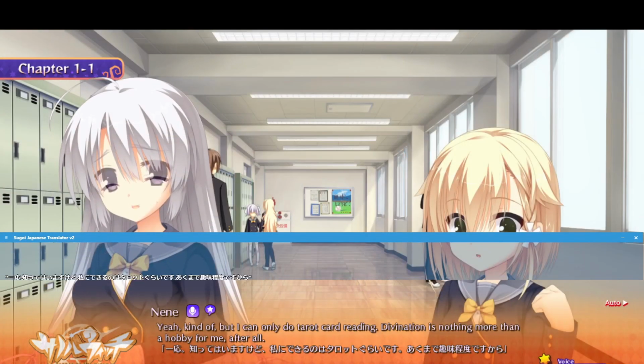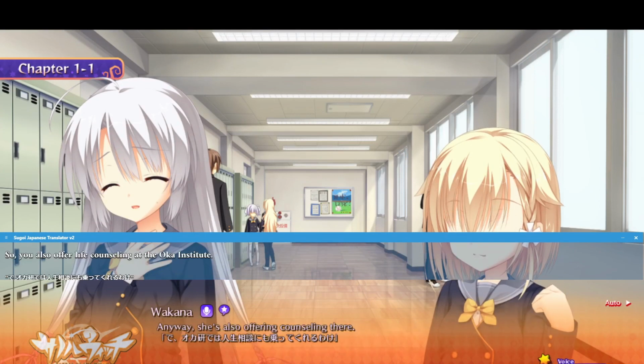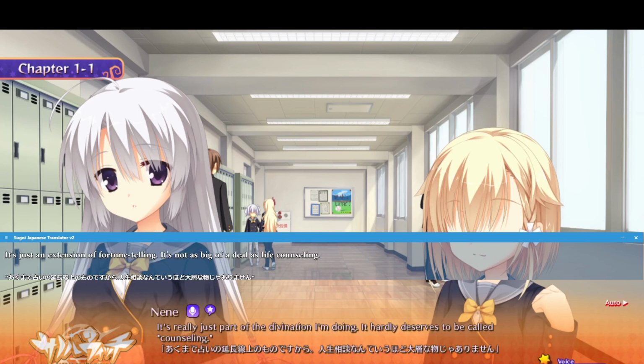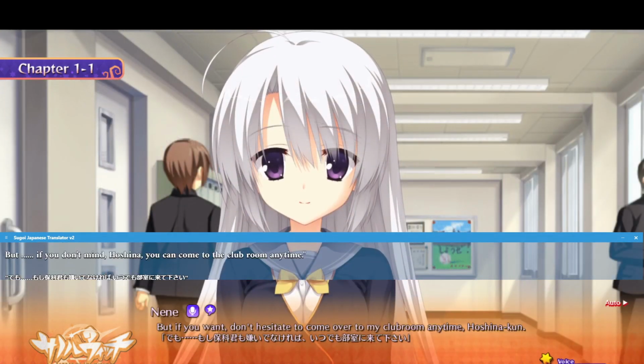Another duplicate line that's kind of annoying with DeepL sometimes.